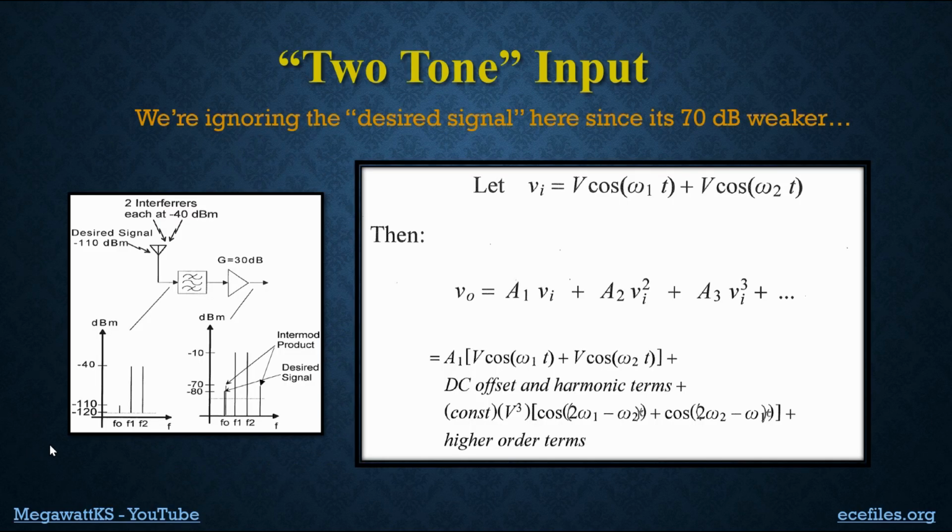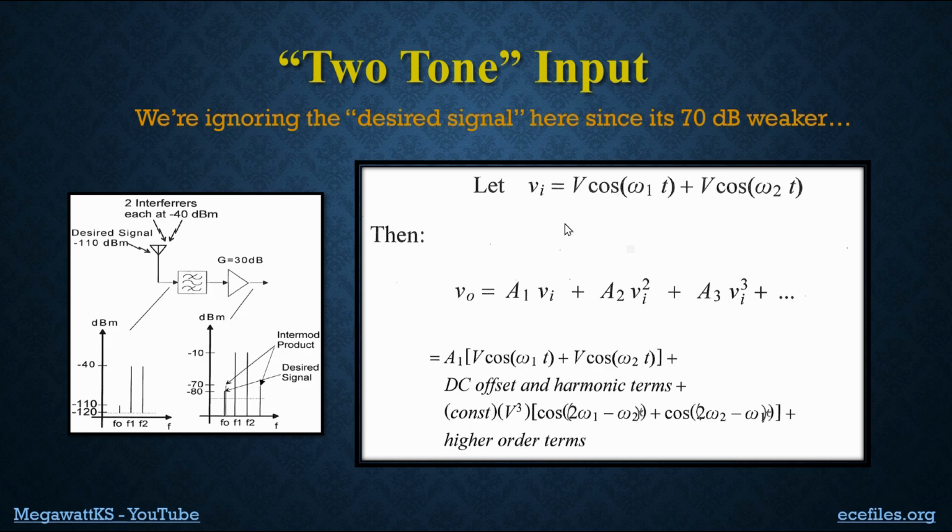Our actual concern deals with trying to get the weak signal when you have those two interferers, and they produce new intermod products that could block your ability to get that desired signal. So there's really three signals, but we're only going to focus on two, the big ones, because the other one is like 70 dB weaker, and if you included it in this math, you'd find out it doesn't really affect